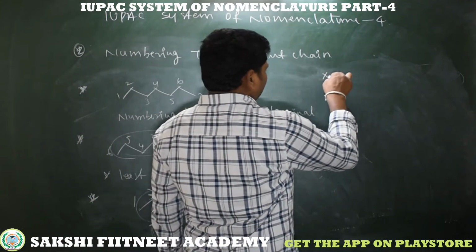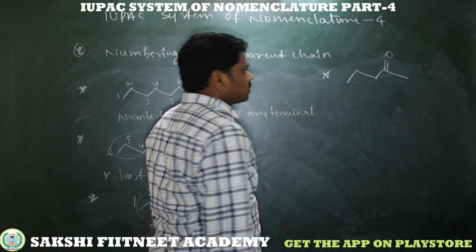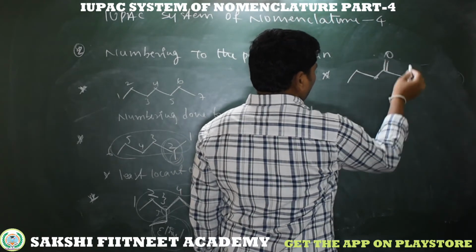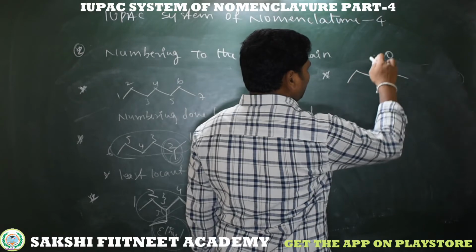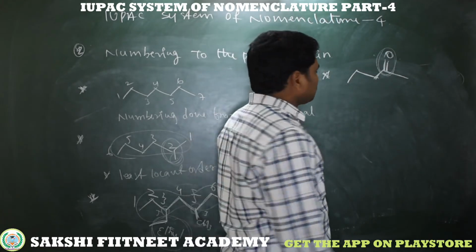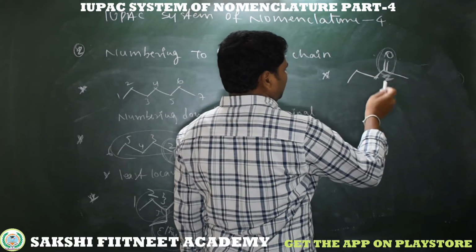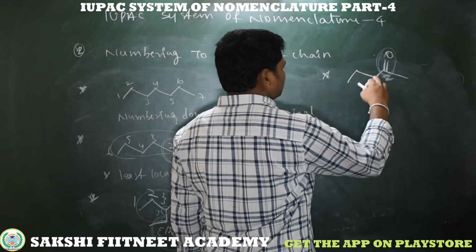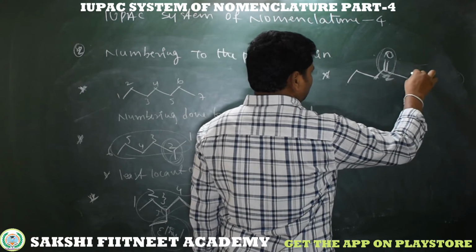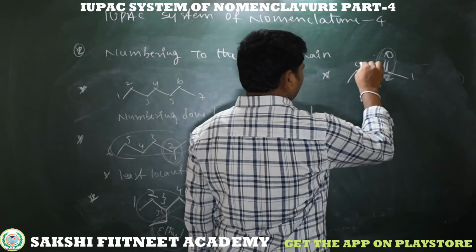If we have a chain with a functional group, in this case this is a molecule. So from the right side at the second position we have a carbonyl carbon. So we need to follow least locant order. If I start from the right side, I am getting the second position for this carbonyl. If I start from the left side, 1 2 3 4, I will get the fourth position. So to follow that least locant order, I am just giving numbering from right to left. 1 2, this is third, fourth, fifth.